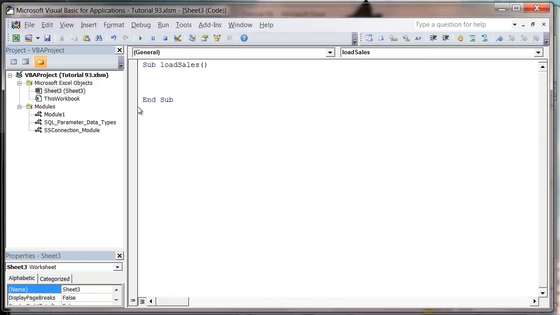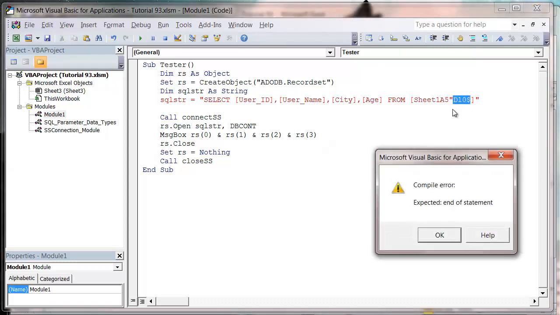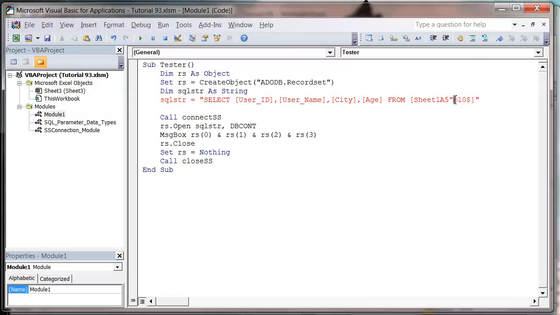Now, one last thing I just want to mention is that you don't have to reference a whole sheet. You can reference a specific range in a sheet. So you can put in, say, A1 to D10, or you could put in, say, A5 to D10 if your range is in a different place. You just use the normal referencing in Excel. So if your rows are on a different line, that's how you would do that. And also you can use a named range, so you can get rid of this and just put in,